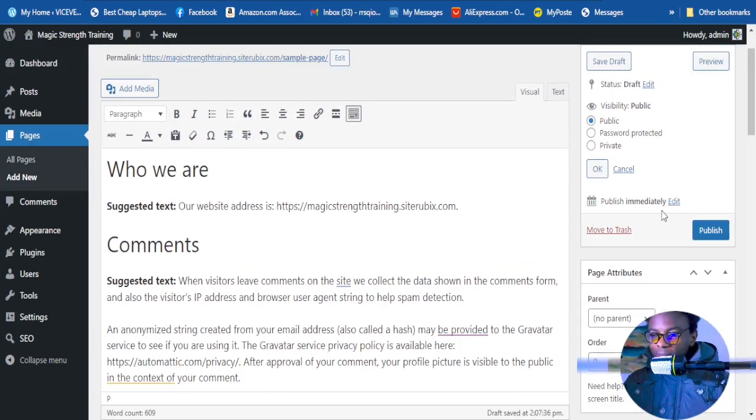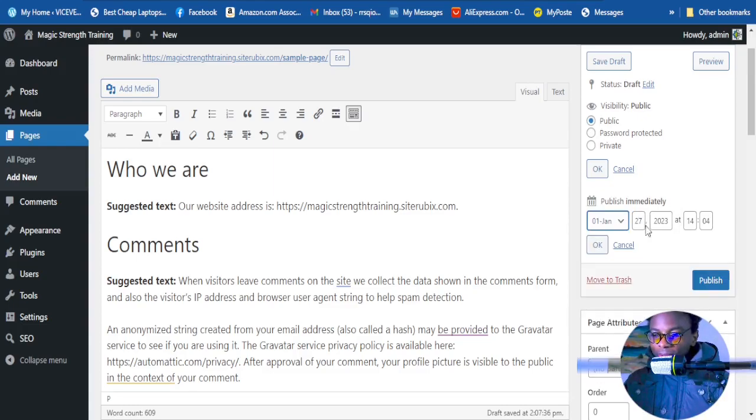So now let's go ahead and schedule our page here. You want to go to edit. When you click edit, this is going to come out here. So you want to schedule your post. Let's say I want this post to publish itself automatically by this time next year. So by this time next year, you want to go to 2024. So by this time in January next year, 2024, this post is going to post itself at this time. When you finish, you click OK